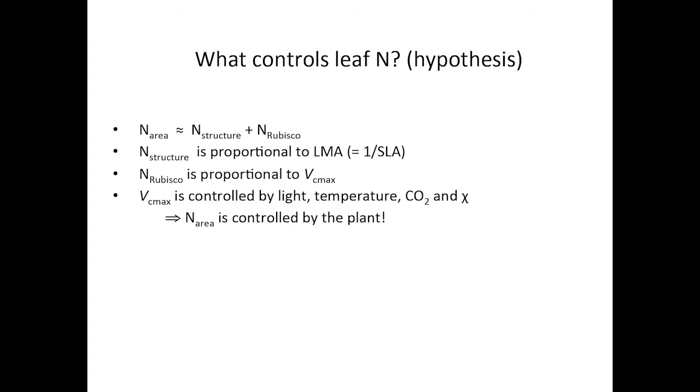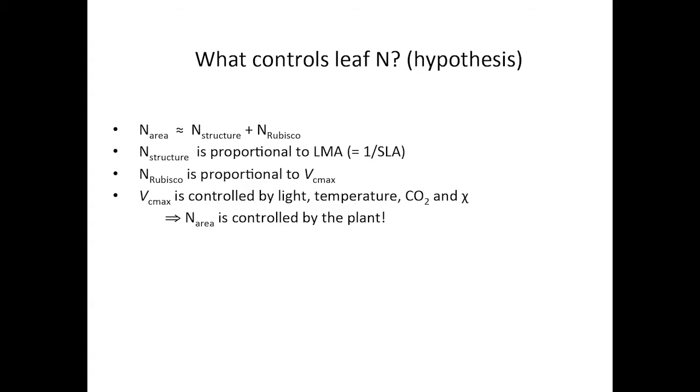Universally, almost universally, in the literature of both modelling and interpretation of empirical studies, it's stated that the photosynthetic capacity depends on the amount of nitrogen in the leaf. It's ridiculous. Of course it doesn't depend on the amount of nitrogen in the leaf. The amount of nitrogen in the leaf depends partly on how thick the leaf is and partly on how